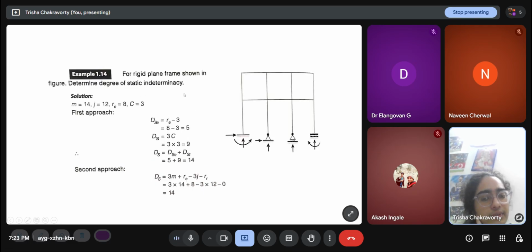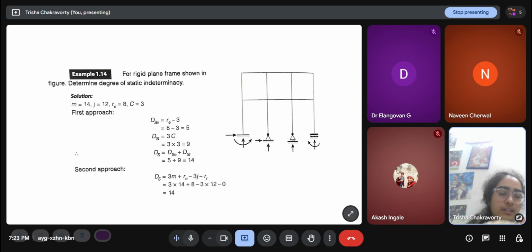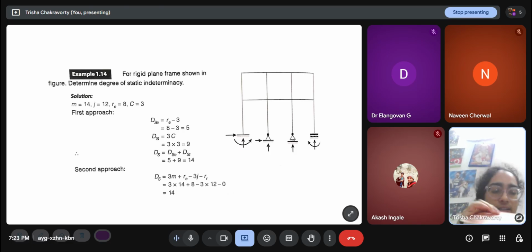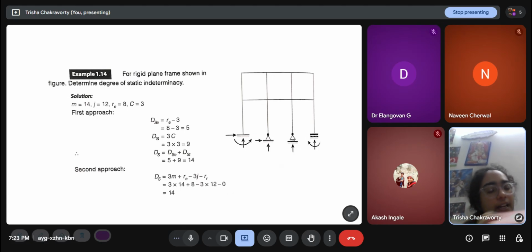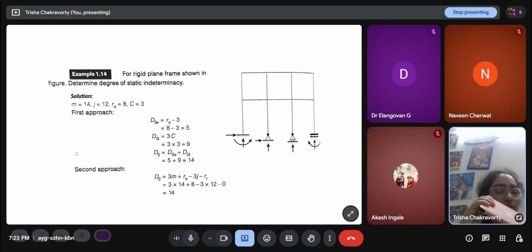Now this question is a little tricky because this is a support reaction you probably haven't seen before. If it is a roller with 3 wheels, then it gives a translational restraint perpendicular to the surface it is resting on, like a regular roller. But if there are 2 wheels, you can visualize, if you put a book on 2 pencils and try to rotate it, you will see that it will rotate. But if you put it on 3 pencils, it will not be able to rotate. You can move the book like this, but it won't allow you to rotate.